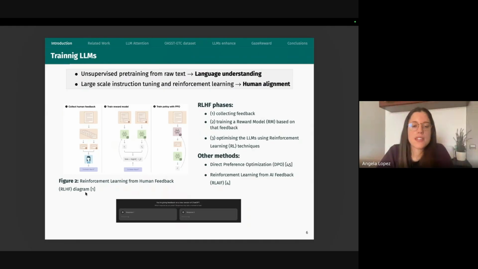In the figure, we see the framework of reinforcement learning from human feedback. That was the first method proposed by OpenAI. Now there are new methods, especially